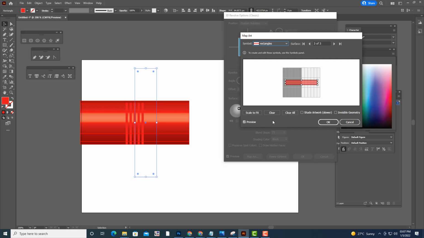Can you see? We can adjust this rectangle. We can rotate it like this. We can extend it like this. Keep it like this. So we are getting something like ribbon shapes here.